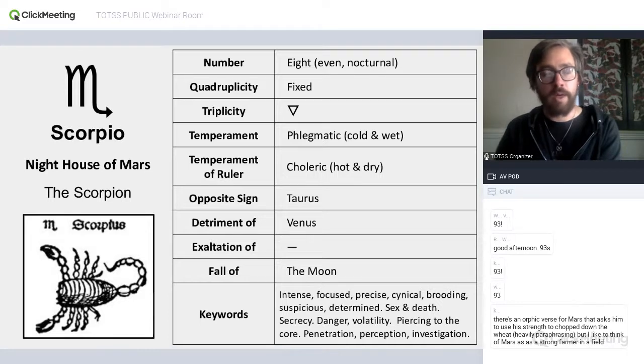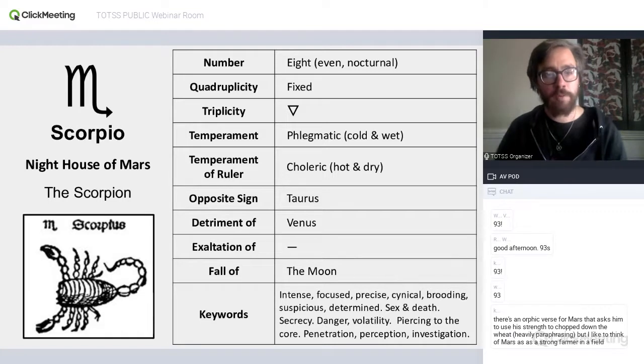In the fall of the moon, the moon in Scorpio, there can be a sense of brooding, and that sensitivity is hard in relationship to Mars. And when it's fixed and interested in the depths and things like that, there can be a preoccupation or a fixedness on some of the more difficult emotions and conflict and things like that. And that can be very hard for the moon to do the lunar things of comfort and nurturing when she has to do it in this scorpionic mode.